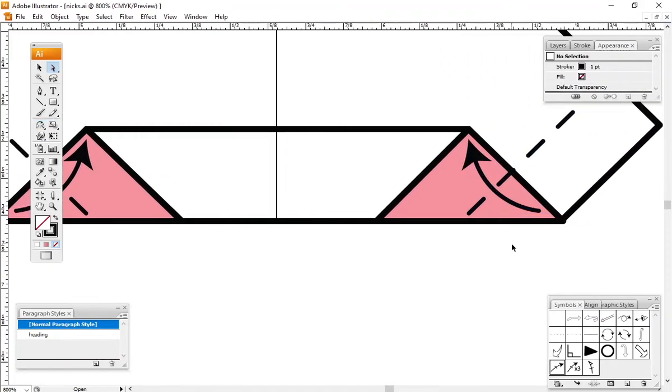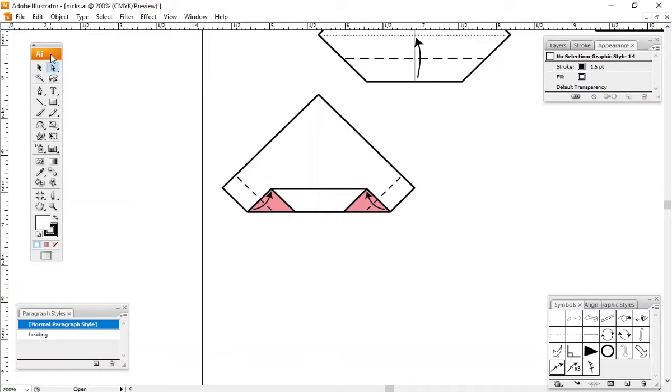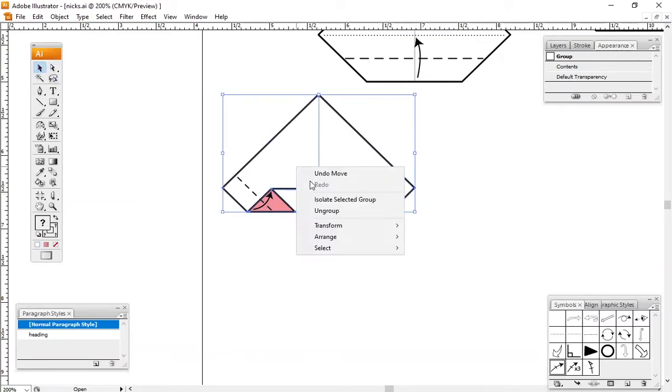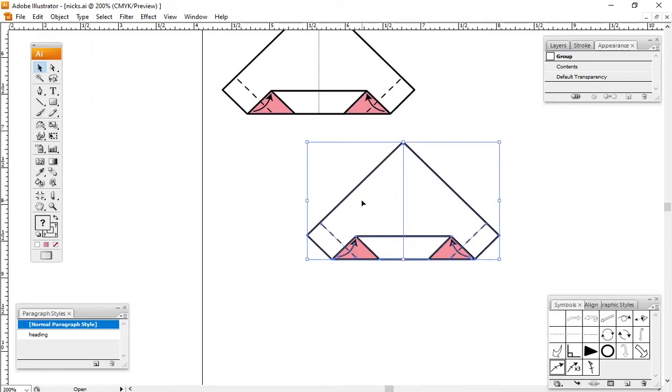I get a bit anal about these, but that doesn't go quite to the end, so I'm just going to tweak that. Right, that's that step. So are they grouped? Some of it's grouped, some of it's not, so I'm going to ungroup it, select it all, and group it. Alt drag,